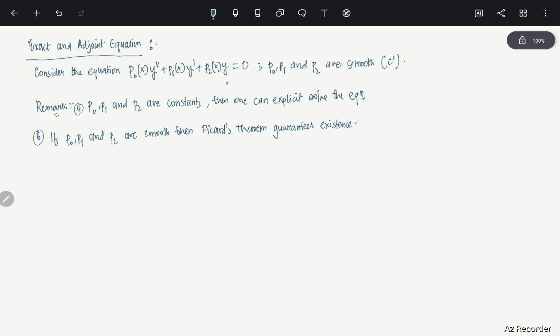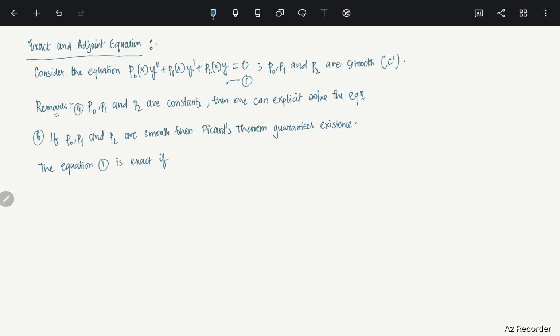As you have seen, the variable coefficient equation can be very, very tricky, even for some simple coefficients. So for simple functions also, if you are just assuming it, it becomes very difficult. But there are some instances where this is very easy to solve. How to do that? Here comes the idea of exactness. So what we are trying to do here is this. Let's call this equation 1. The equation 1 is exact